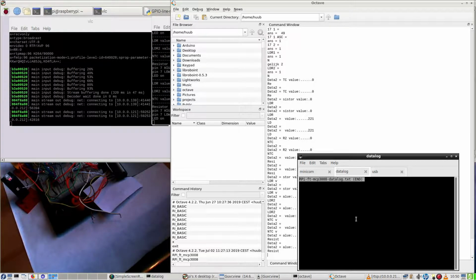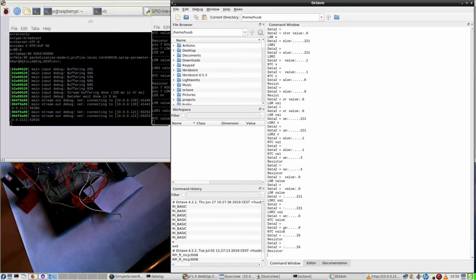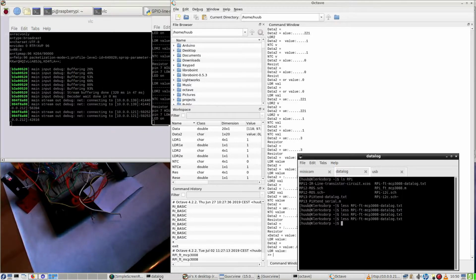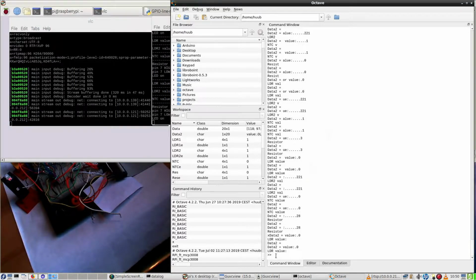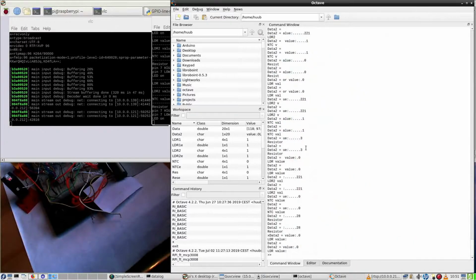Right now it has nothing in it, so I am quitting the program. And here we are, same stuff. So I have to take a look at that. Why is this working for the first thing and then not? Because LDR1